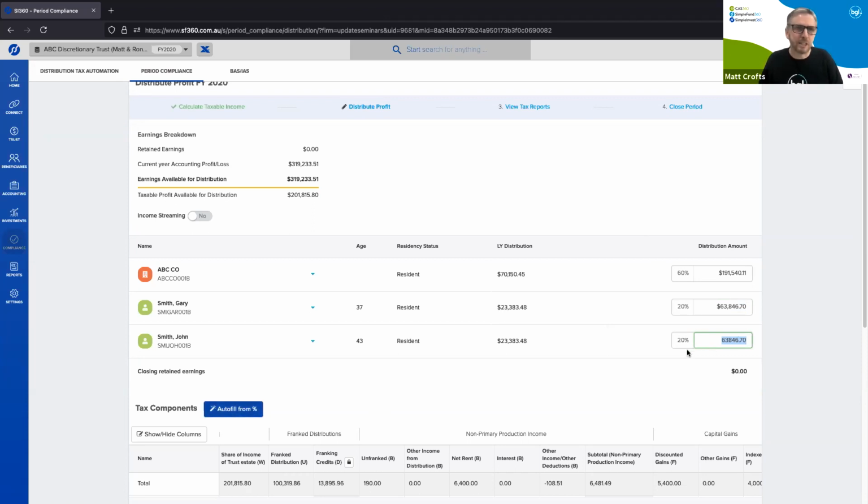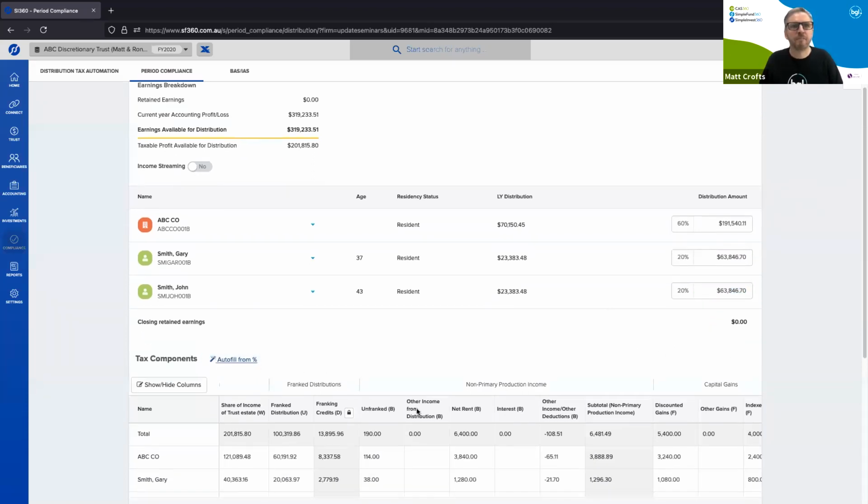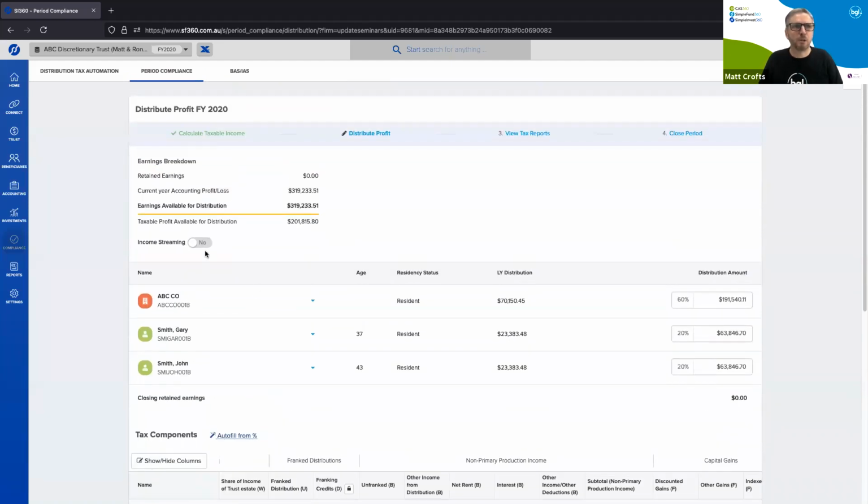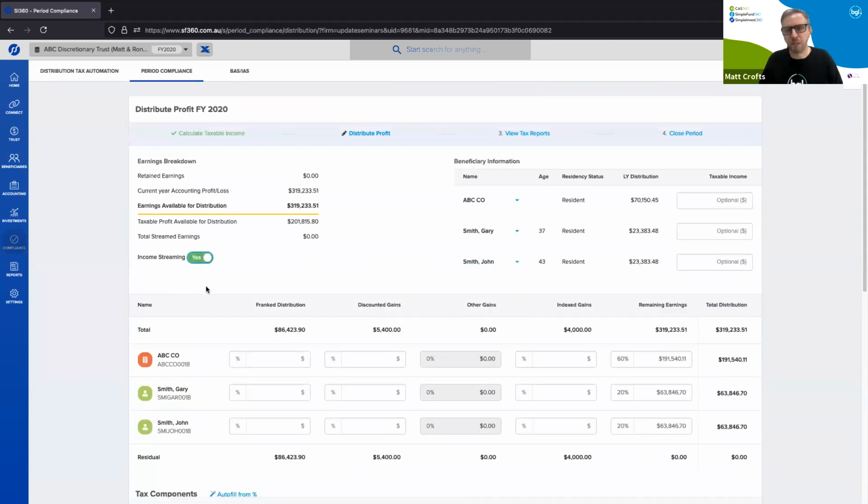That's basic trust distribution, and then you can fill out and everyone gets a different share. If you want to do something more sophisticated, you can do income streaming now. So this is where you want to stream some franking distribution, you know, franking credits, they've already got tax paid on them. I can basically stream those through to the company. Maybe I want to stream the majority of those franking credits through to Gary, the higher taxable income. So I'm going to give him some franking credits. I'm going to give 30% here.